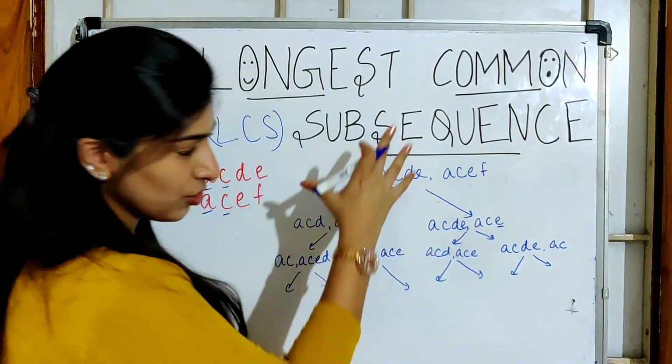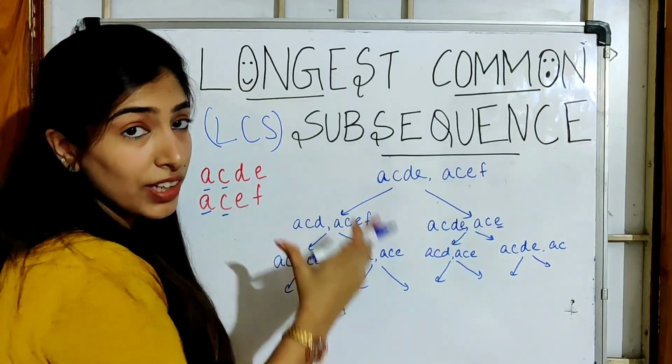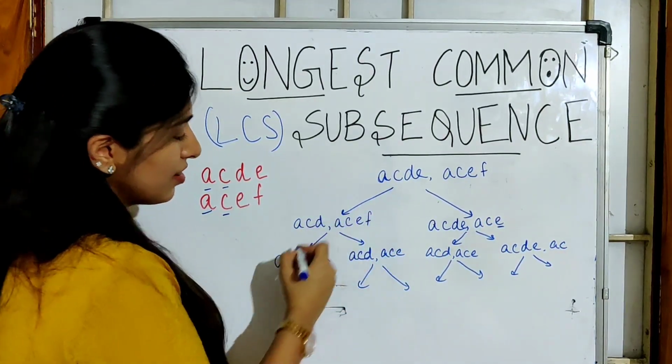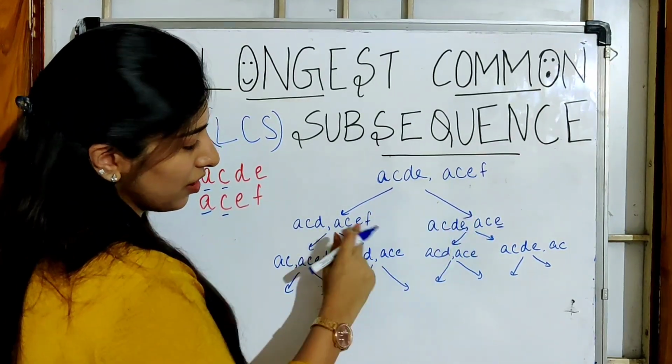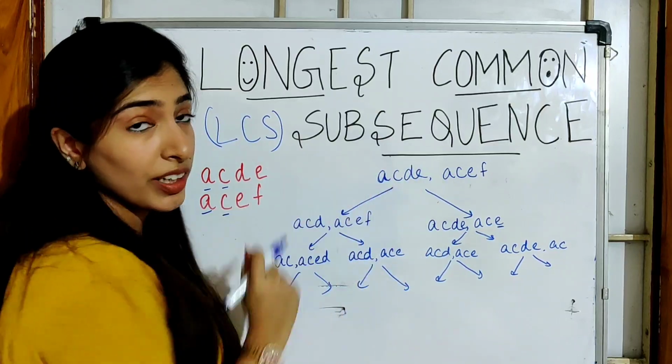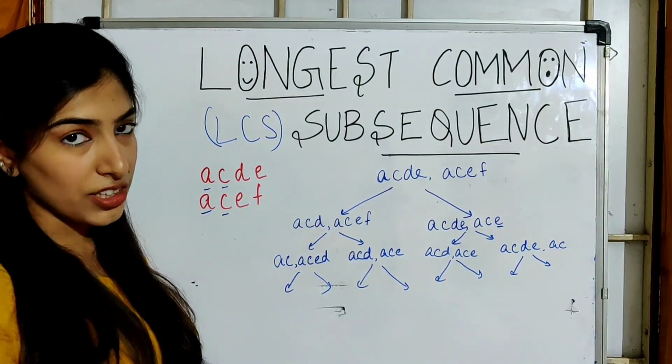So what we are getting from this picture is, if we have the answers to our sub-problems, we can just find the maximum of these two and return here. We can just find the maximum of these two and return here. Finally, we can find the maximum of these two and return here. So this forms a recursive tree. So yeah, we can use the recursive approach.